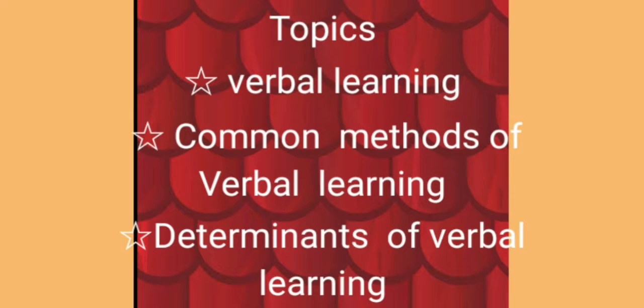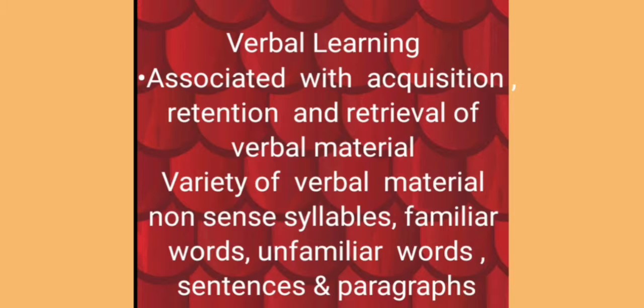We human beings learn so much about the things around us. We give them names, associate these things with different activities, and in the process of acquiring knowledge, we use words. We associate them with one another. Also, we use them meaningfully to convey our ideas and experiences as we interact with others. This type of verbal learning is limited to human beings. It is associated with acquisition, retention, and retrieval of verbal material. Also, learners play an active role in this.